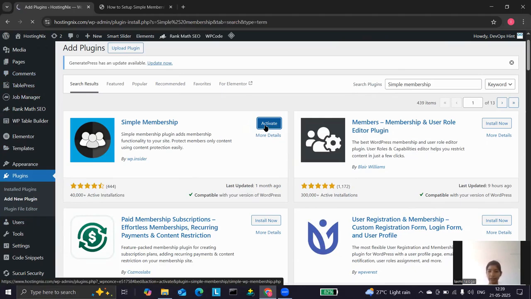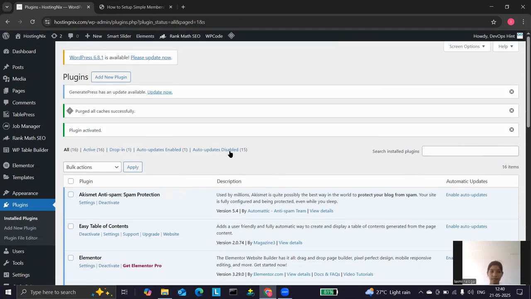So just click on the activate button. So our plugin is activated. You can see the pop-up message displayed here.